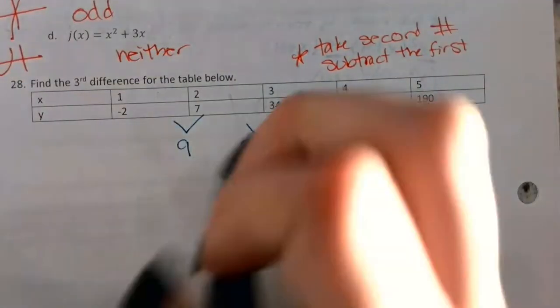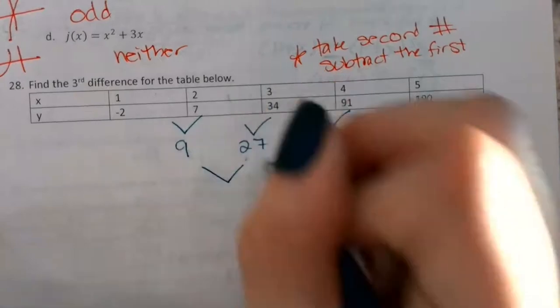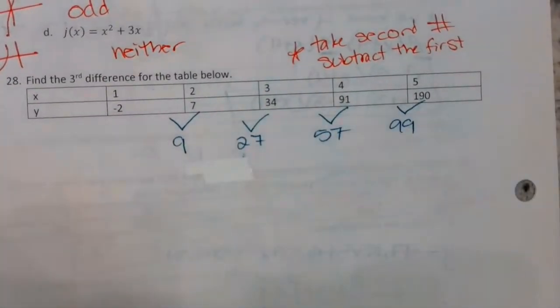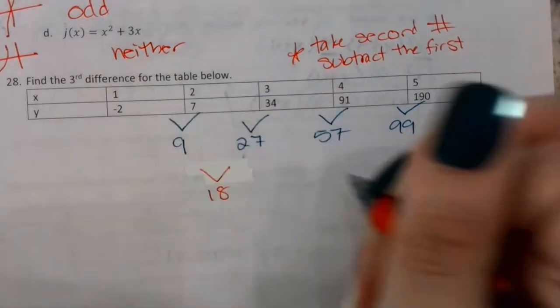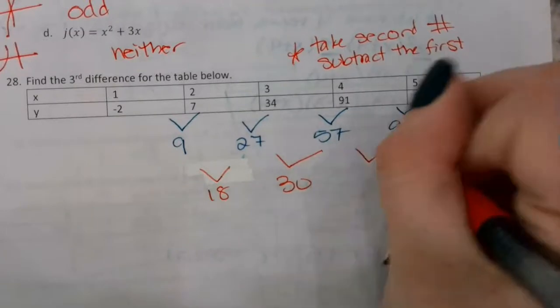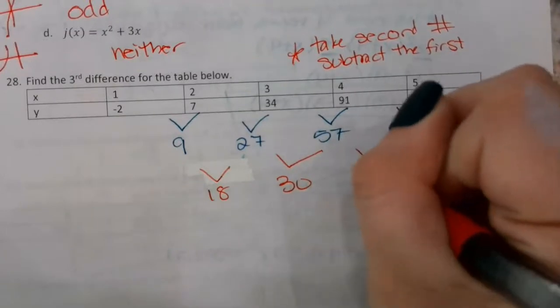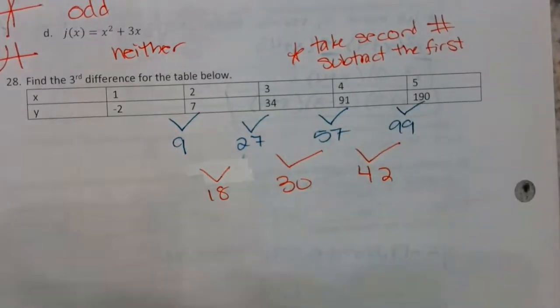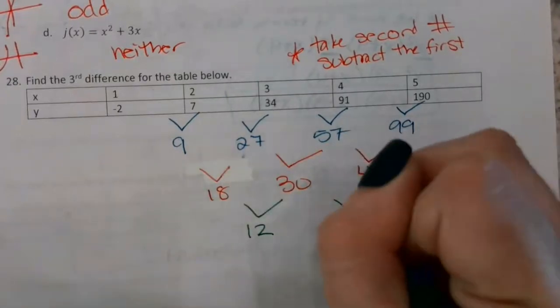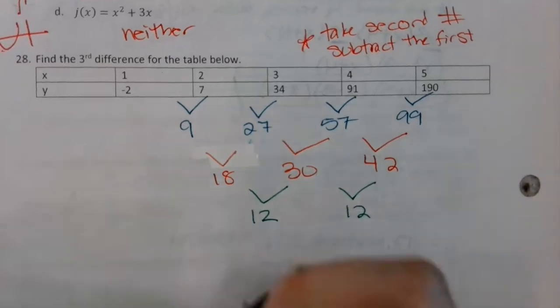Going back over here, from 9 to 27, I want to change colors. From 9 to 27, I'm going up 18. 27 to 57 is 30. 57 to 99 is 42. Then to go from 18 to 30 is 12. 30 to 42 is 12. So my third difference is